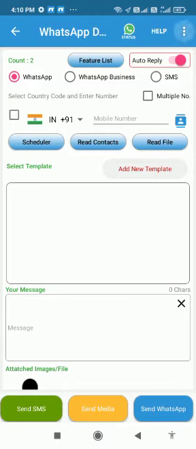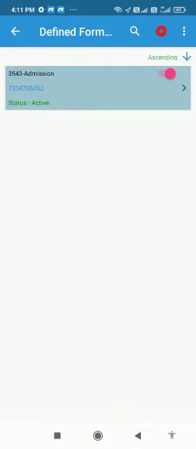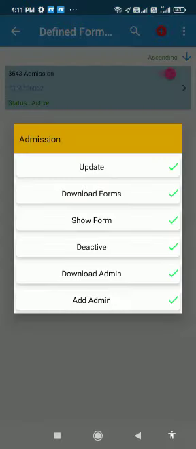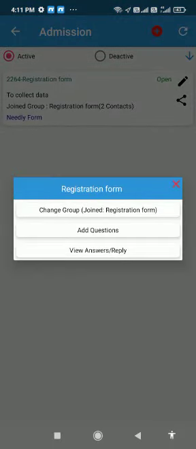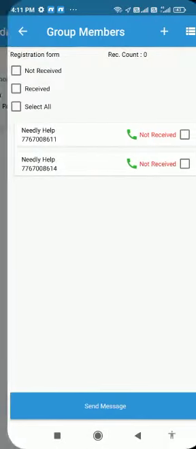Now I click on Needly forms. Click on admission, show form and registration form. Now click on view answers and reply.